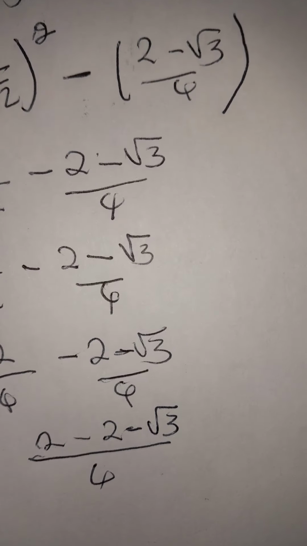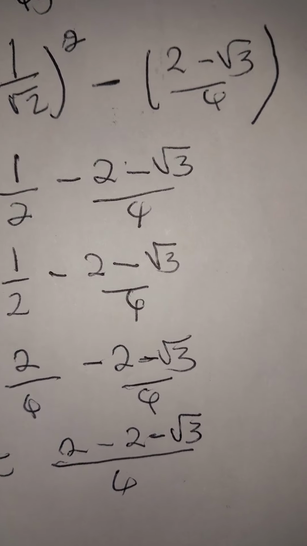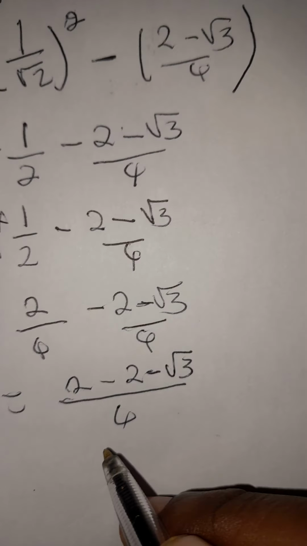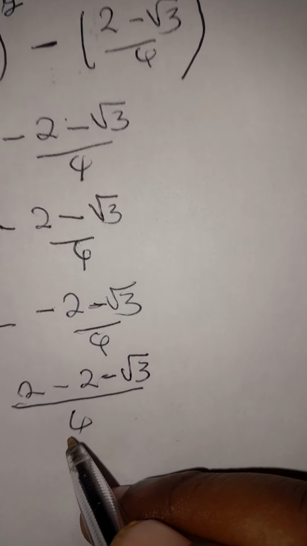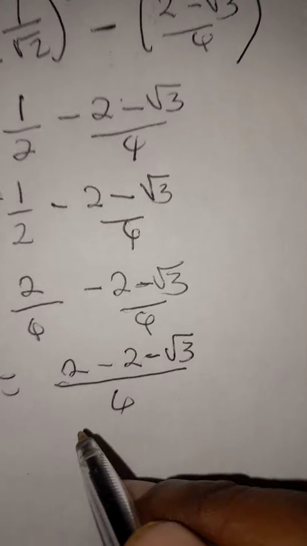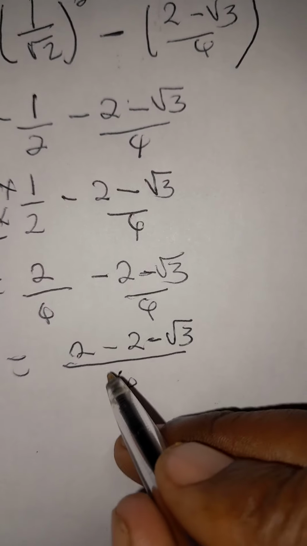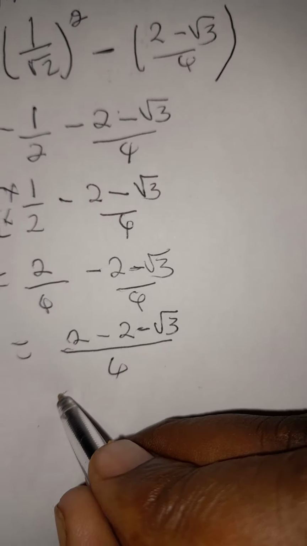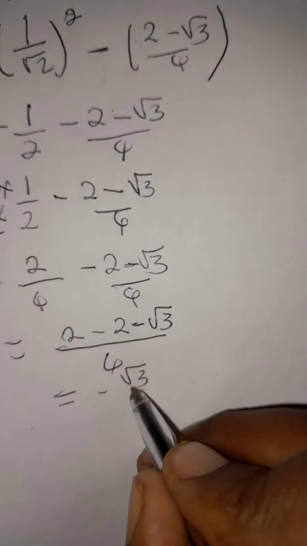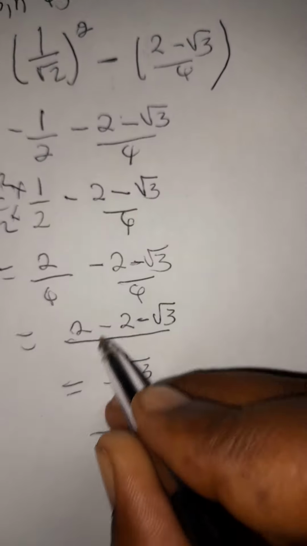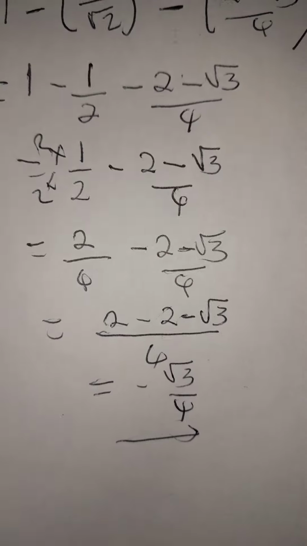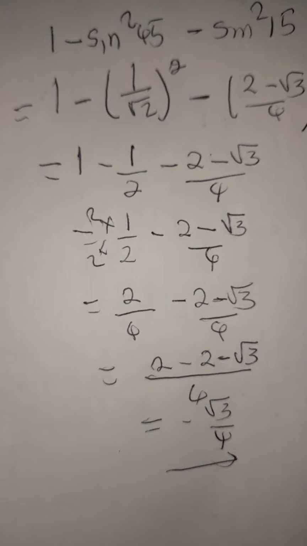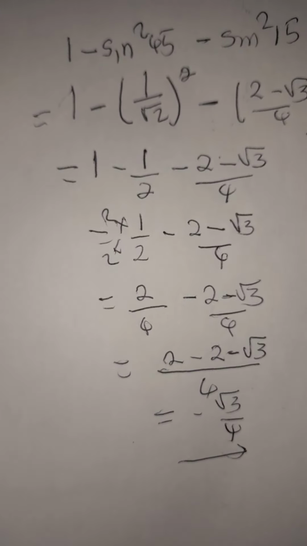So we know that 2 minus 2 root 3 will be the same as, that won't change, that won't change. When 2 minus root 2 there, we will have something like negative root 3 all over 4. Yes, because 2 minus 2 will be 0, right? Okay, something like this. Yes, this is what you are going to do when we are working with